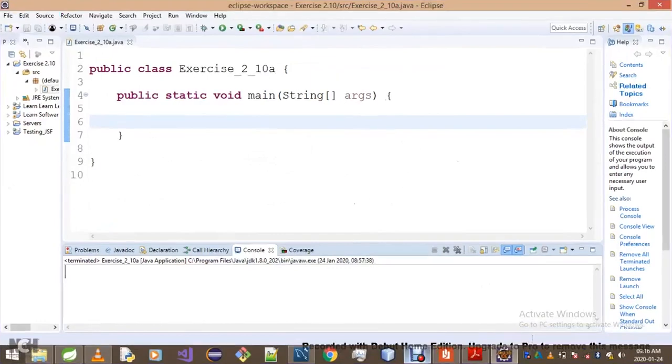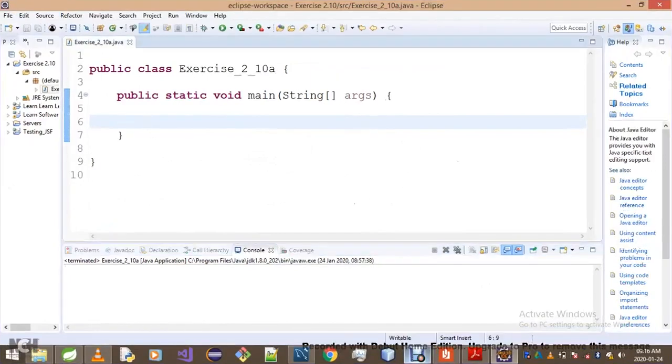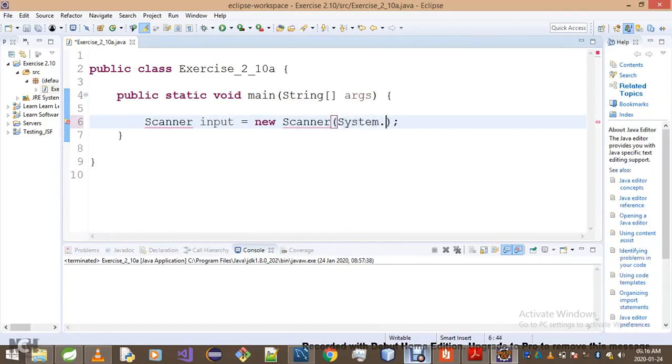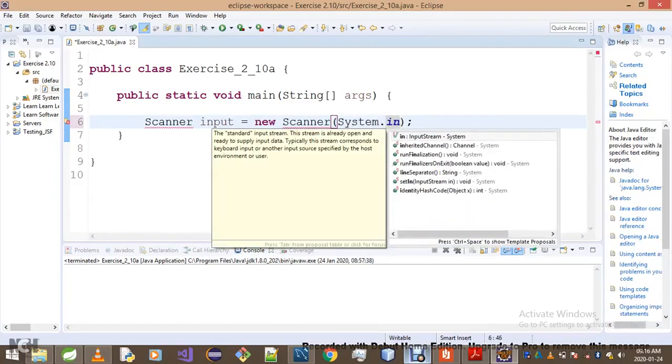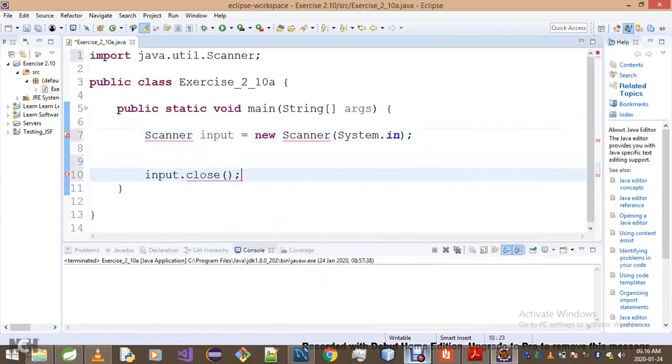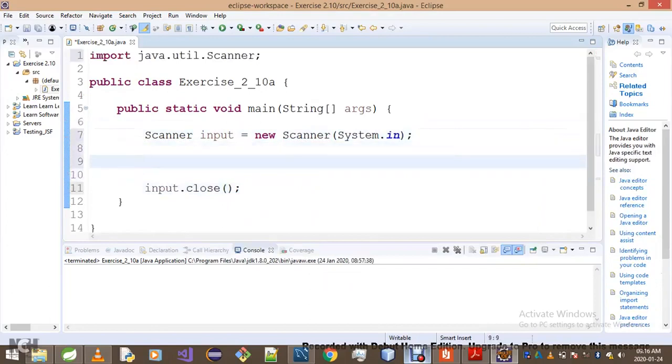Okay, without any further ado, let's jump on to our solution from student A's perspective. So student decided to have a scanner, call it input, equal to new Scanner(System.in), and then we simply close our scanner. Right in between we simply declare a variable